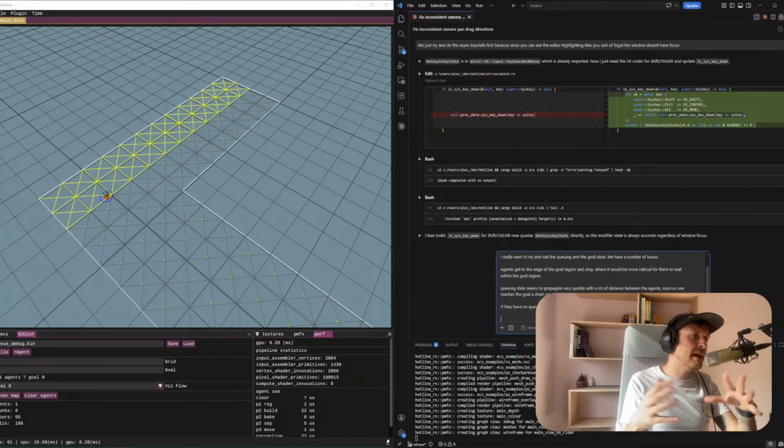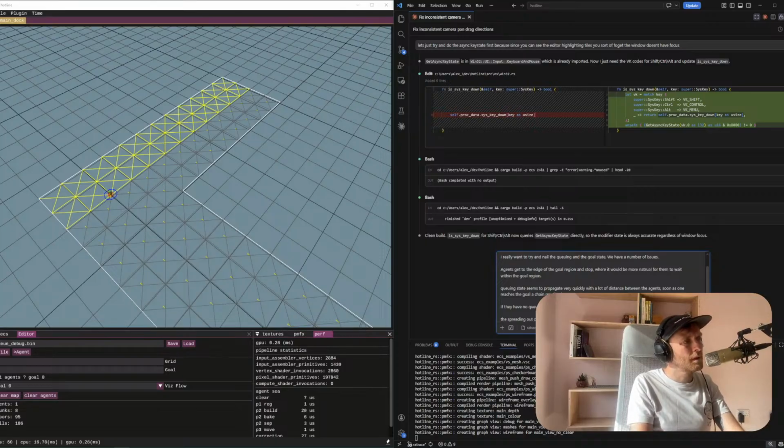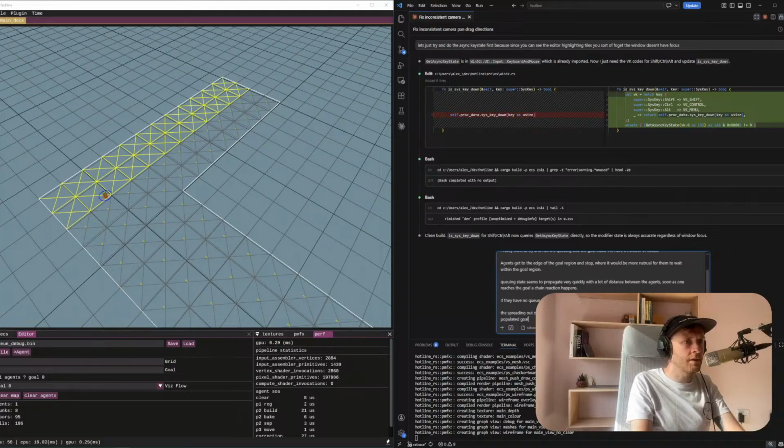So I'd like the spreading out process, the spreading process over the goal region. Spreading out of the goal region should happen in advance, where agents might avoid densely populated goal regions once we get the